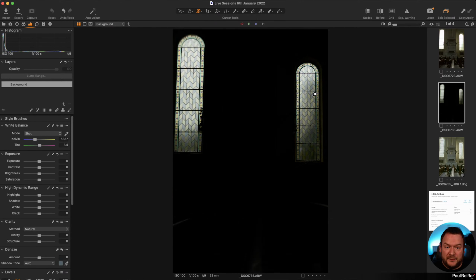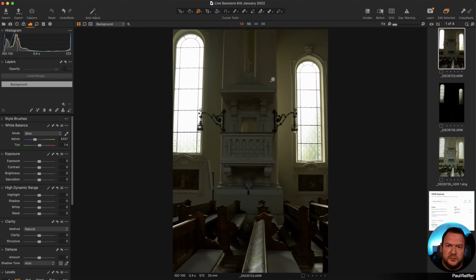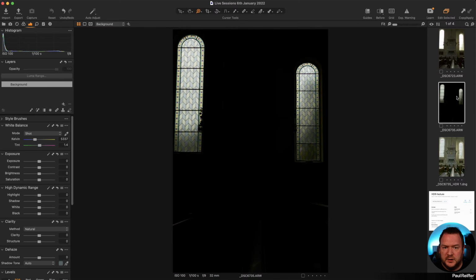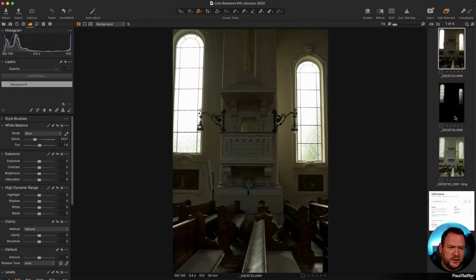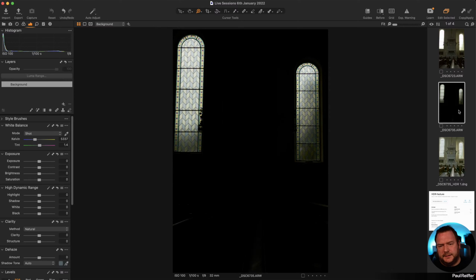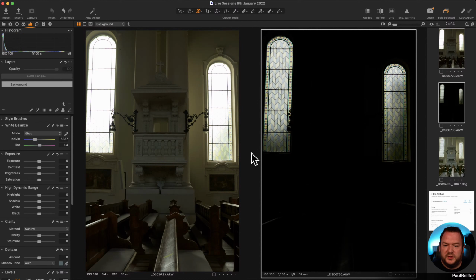And it's about how you capture an HDR image. So here is our shot of the underexposed, or the shot for highlights. And here is our shot for the shadows. And I'm going to do that switch again. And I want you to have a look really carefully at the position of the windows. So here's our one for the shadows. And I'm going to switch now to the one for the highlights. Shadows, highlights, shadows, highlights. It's moving. The position of the camera, or the position of the lens, has moved.